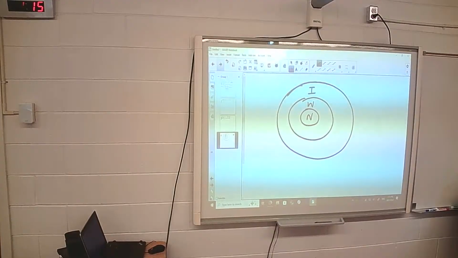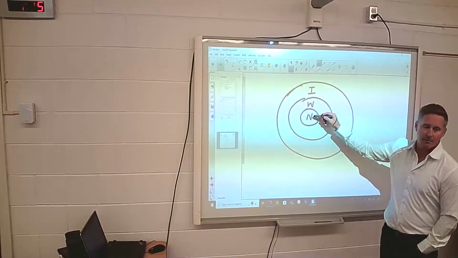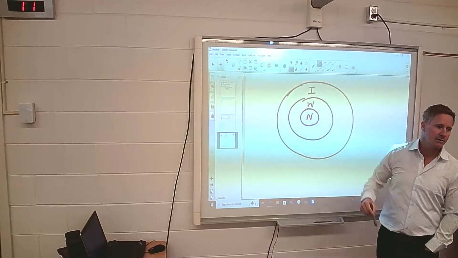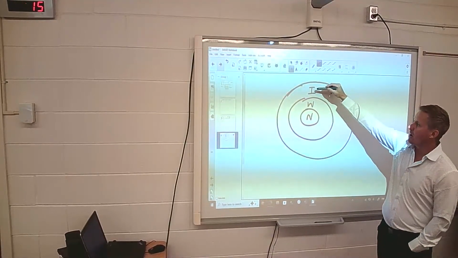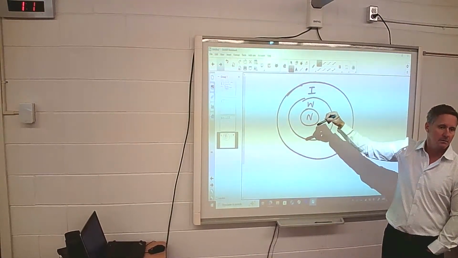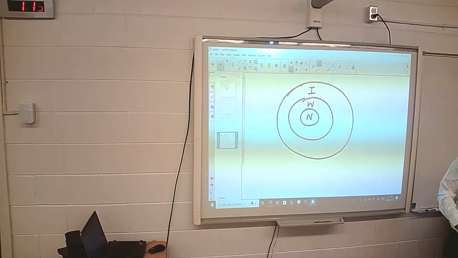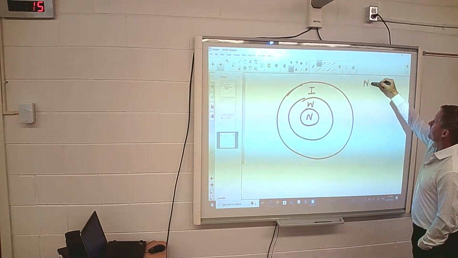Yes. When you work from the middle out, that means then that natural numbers is a part of the whole numbers, is a part of the integers. But it does not mean that the integers or whole numbers are natural numbers. Okay? So if you look at the number system, all right, natural numbers